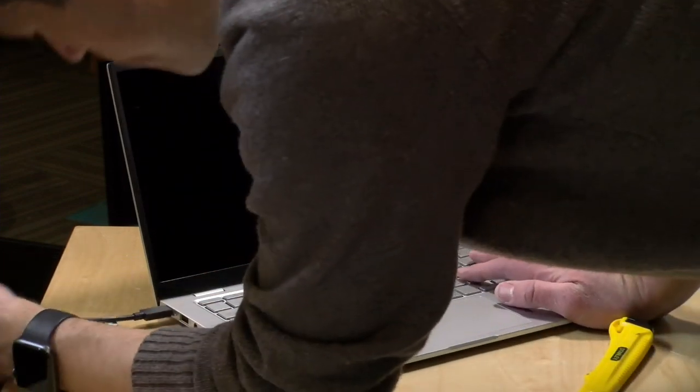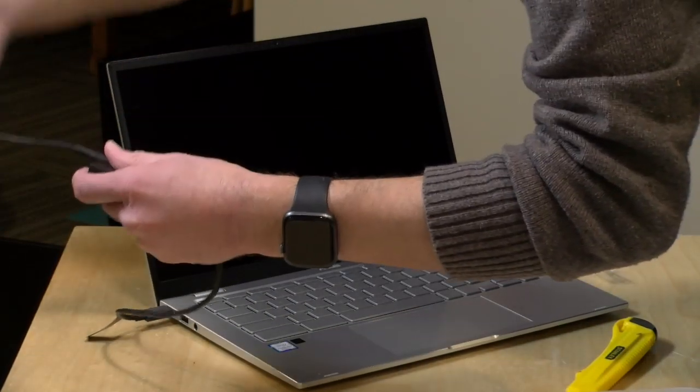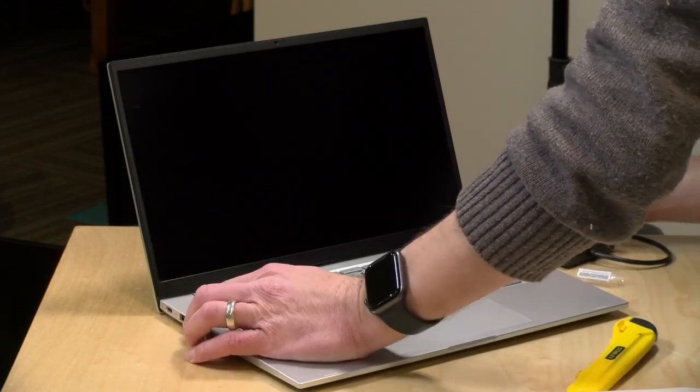Well, it appears as though we're not getting any power to this thing. Why is that? Let's flip it around to the other side here. Maybe that might give us a better...